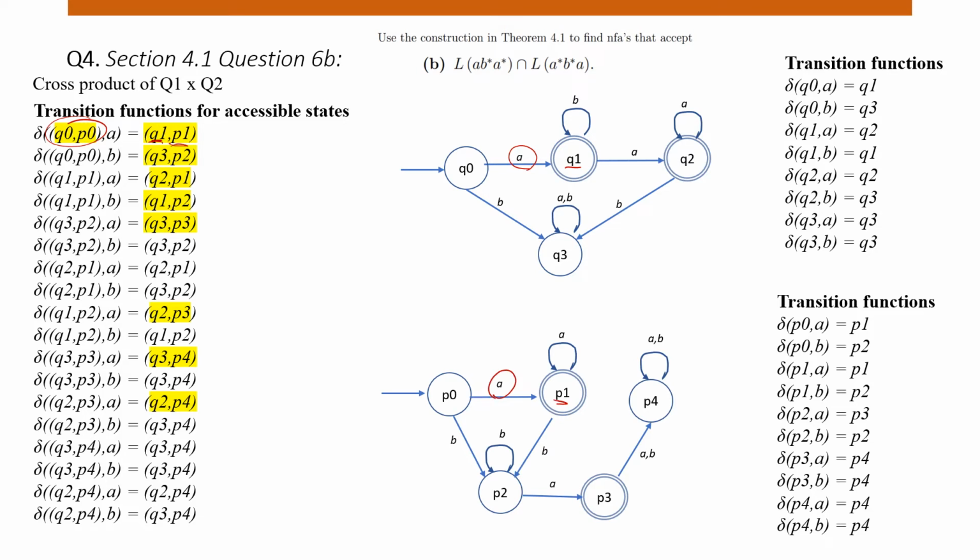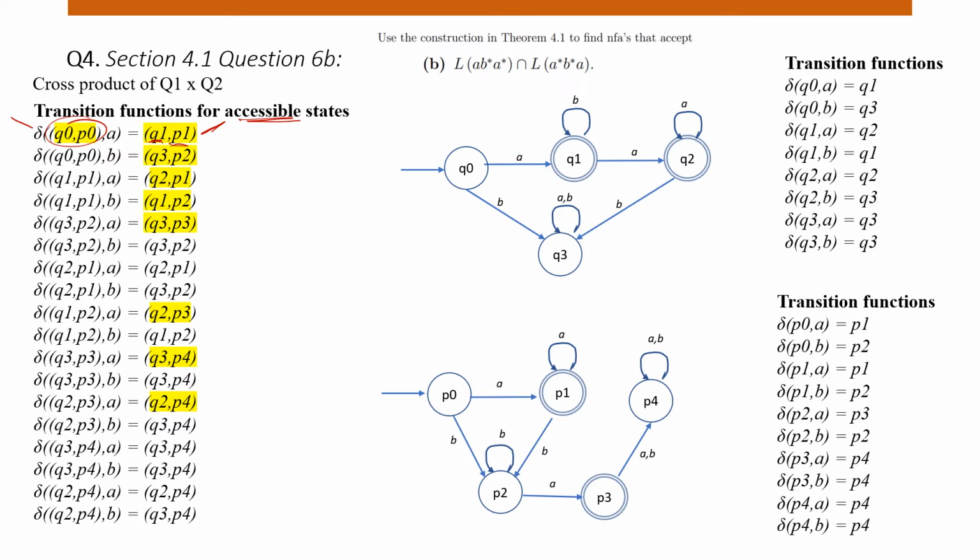So Q0, P0 is an accessible state, and we now also know that Q1, P1 is going to be an accessible state. So we can start to only deal with our accessible states. Q0, P0 is an accessible state because it's the combination of the two initial states. You start there. Once you go to your first initial state, you're only going to deal with states that you end up